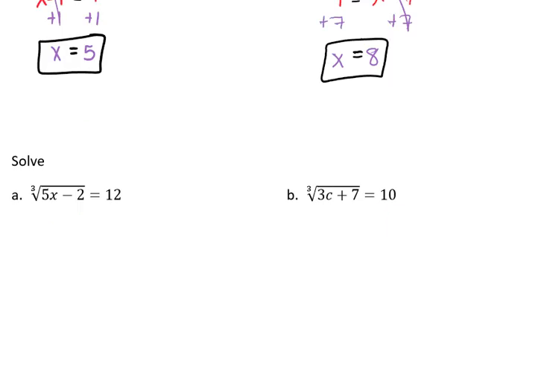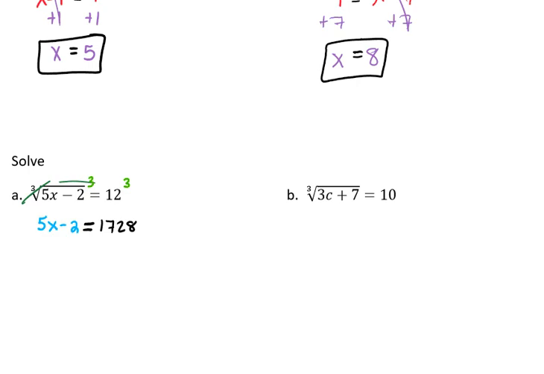So here we have the cube root of 5x minus 2 equals 12. In this situation, our cube root is already by itself, so we can skip straight to cubing both sides. Why do we cube both sides? Well, because a cube and a cube root are inverses of each other, so that eliminates those pieces, leaving us with